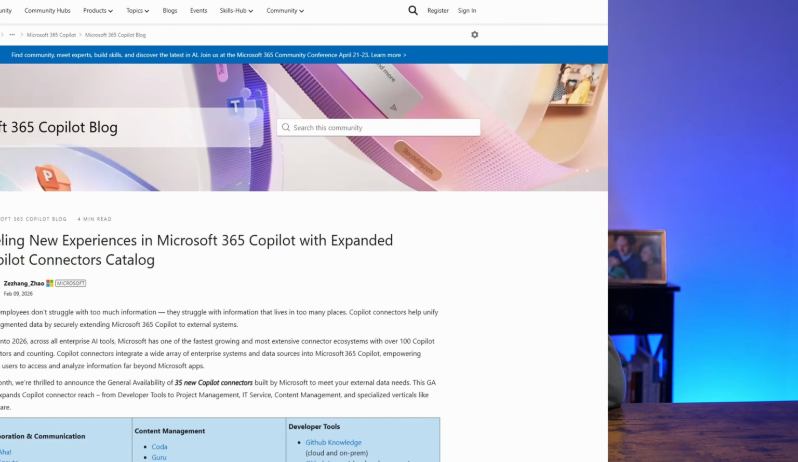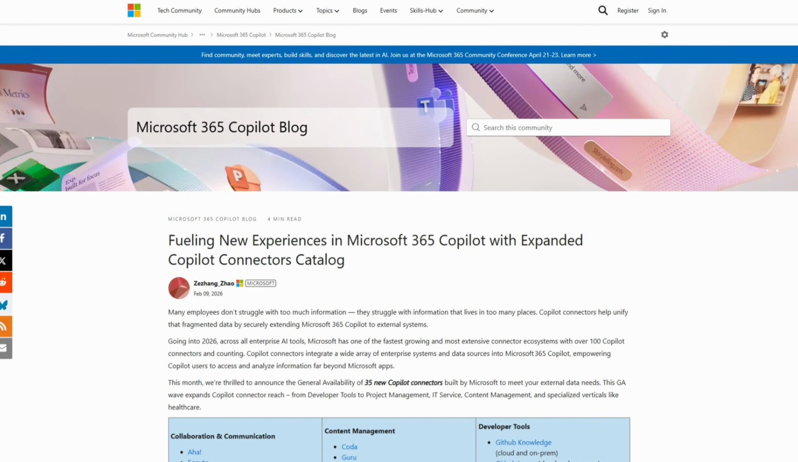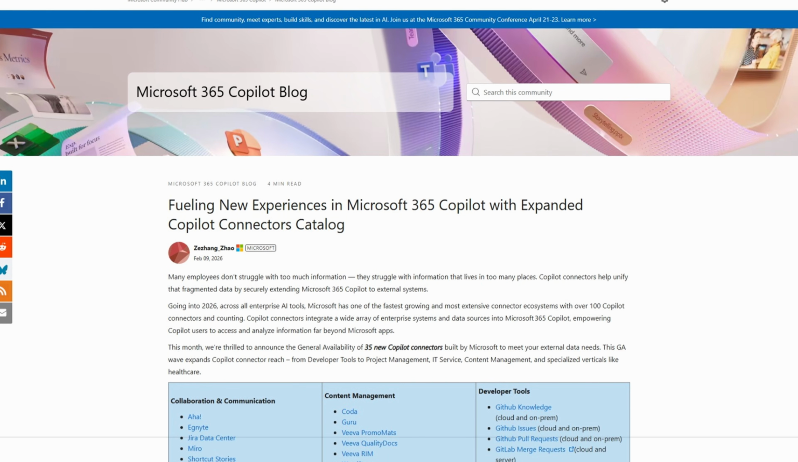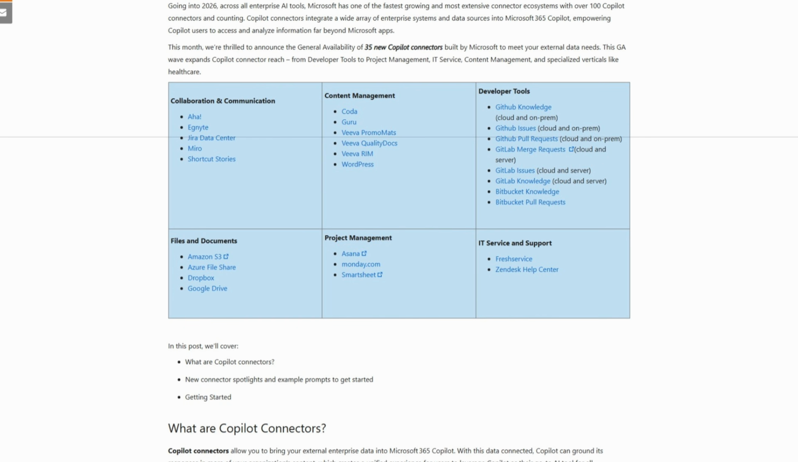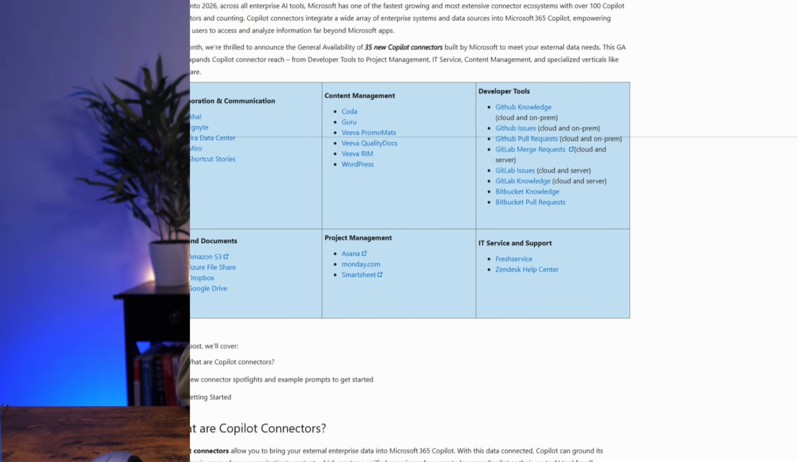Hi everyone. So in today's video, I want to talk a little bit about Copilot Connectors because Microsoft has just put out a blog post in the last few days looking at new experiences with Microsoft 365 Copilot with expanded Copilot Connector catalog. And you can see here we have a bunch of new or just gone GA Copilot connectors that are available. And Copilot connectors, as we probably all know, are the things that used to be called graph